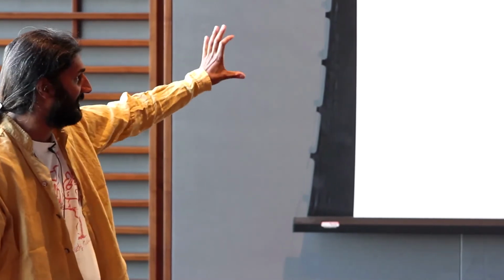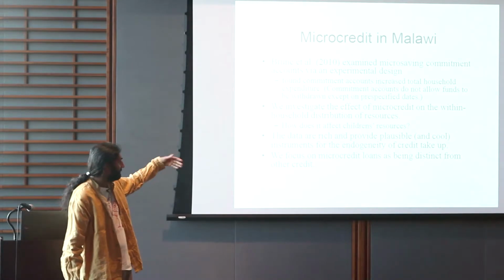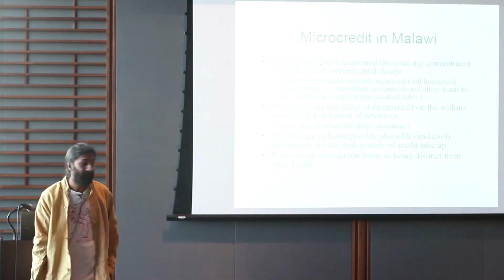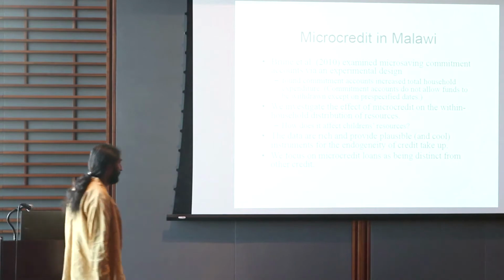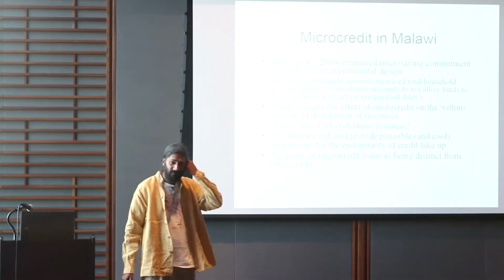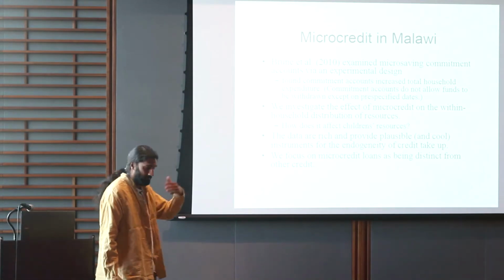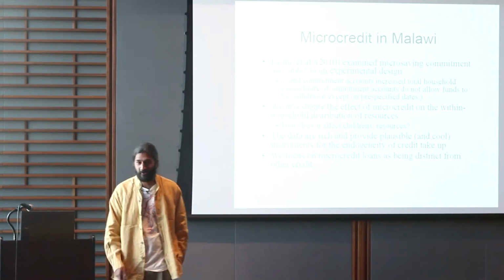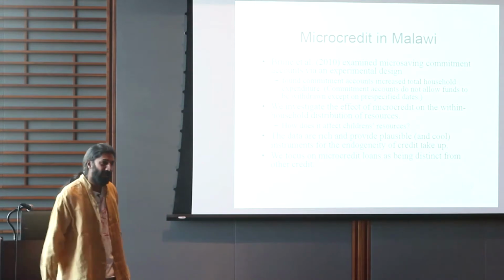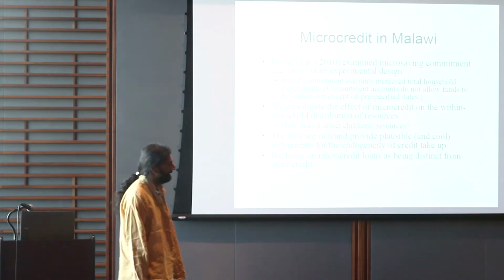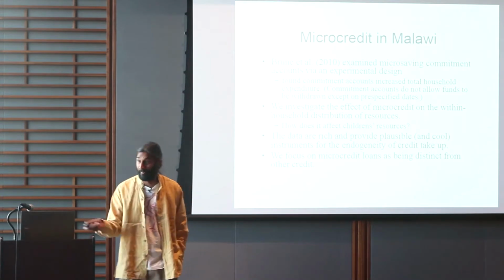So we're going to investigate, in particular, the question of whether having microcredit affects children's resources in households. And these data are extremely rich. I'm going to talk about them in a little while, but you know, when you're working with third world data, you're in an environment where if you pay households like $2, you can have a day of their time to learn about all the stuff they do. So it's really different from the kind of data that I'm used to working with, and pretty cool in that way.